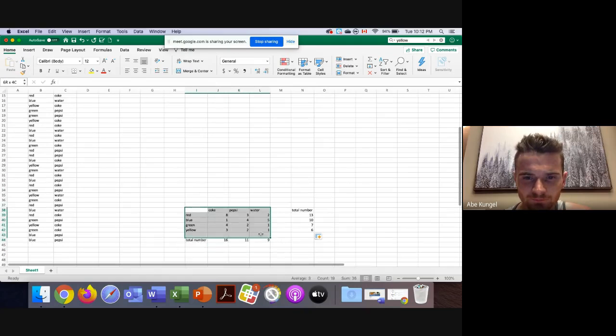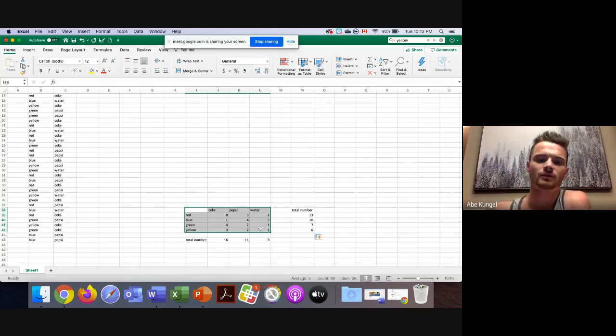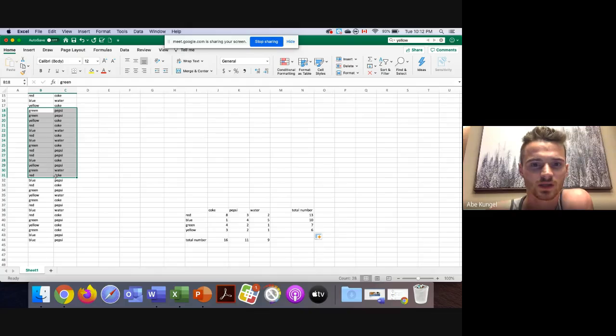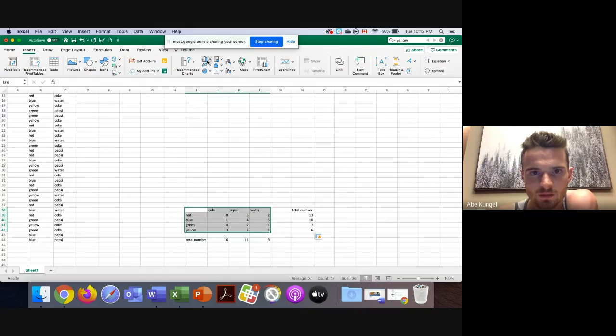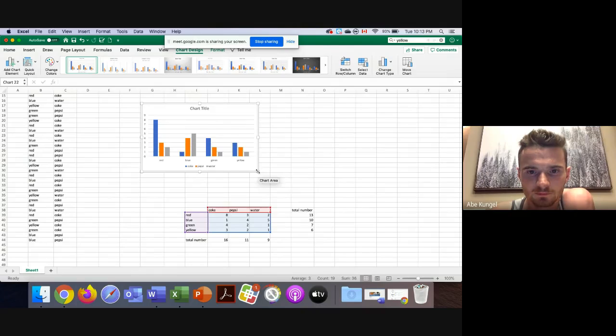For right now, let's say I wanted to make a graph of this. I highlighted my information. And one thing that's super important is all of this stuff in here has to be numbers. Because I talked before, if you just highlight these words, Excel doesn't know what to do. These things all have to be numbers. So let me highlight my information, insert. I'm going to go with a bar graph. It tells me